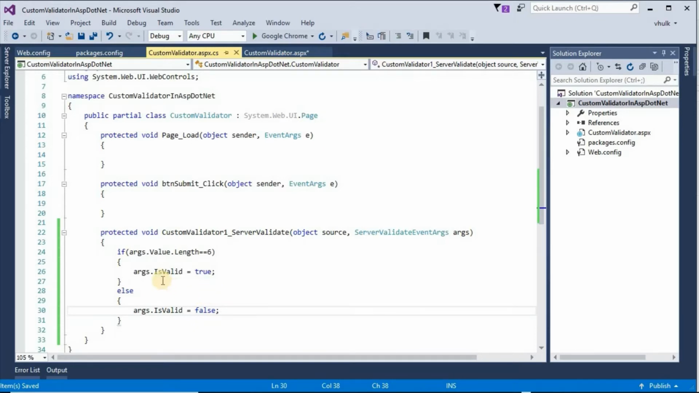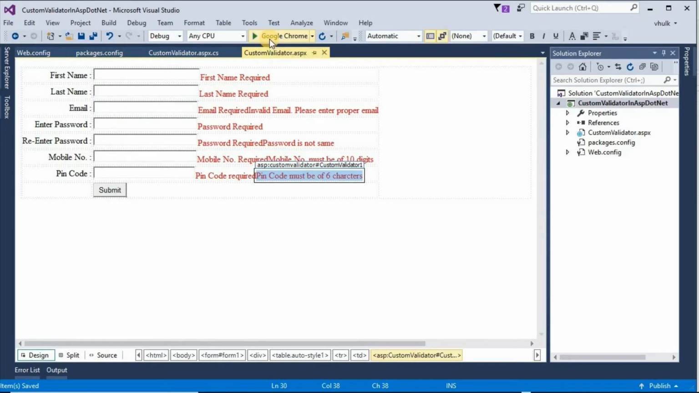If args.IsValid is equal to true, then there will be no message. If args.IsValid is equal to false, then there will be an error message. Save this, and if we see in browser,